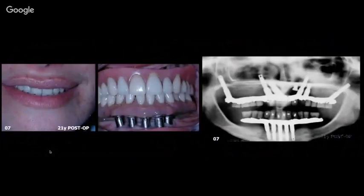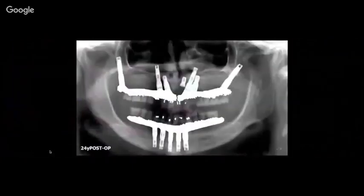21 years after, she came back to do the prosthetic part again. Then 24 years after, she called me crying. She had an operation at the hospital under anesthesia, and you know when they use the Macintosh laryngoscope, they take fulcrum on the anterior teeth of the lower jaw, and she told me they broke my implant. I was really upset about it. But when I saw the X-ray, it was